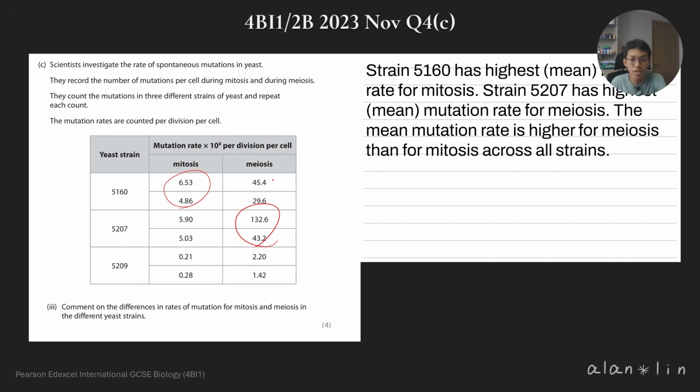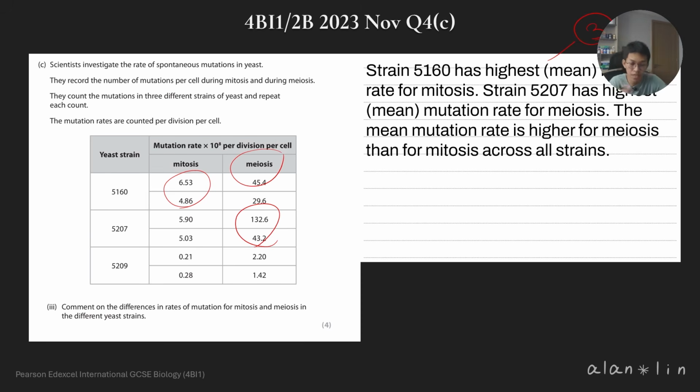And the mean mutation rate, if we compare mitosis and meiosis across all strains, we see that the mutation rate is higher for meiosis than it is for mitosis. And this is going to be the most important pattern in the data that I'm going to write about first. And then from this, I see that I've written 3 separate arguments, and so I might get 3